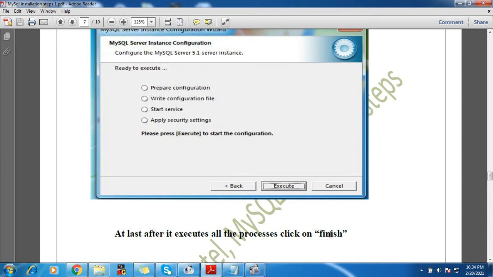Sometimes the device itself asks to restart or shut down. If it doesn't, no problem, but if you want, after finishing the installation, you can restart your device and then follow the steps which I am going to show you now. Here the installation process gets completed. So this is the last step of installation, and here we complete it.